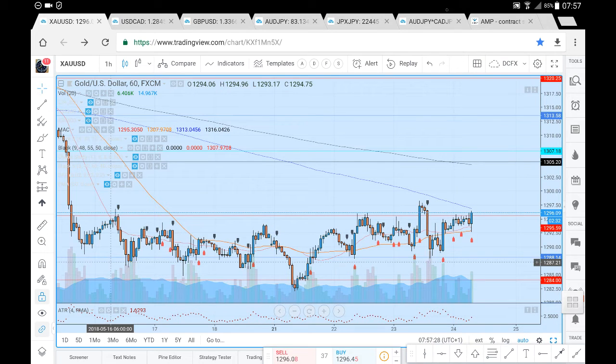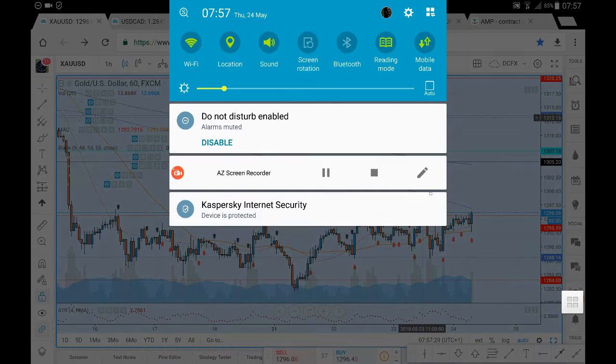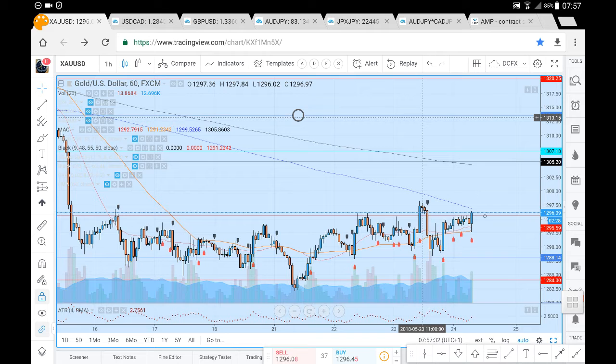So this is the XAUUSD analysis for Thursday 24th of May. Now let's just have a look at prices and where prices may likely go. So we've had prices encounter resistance in around this